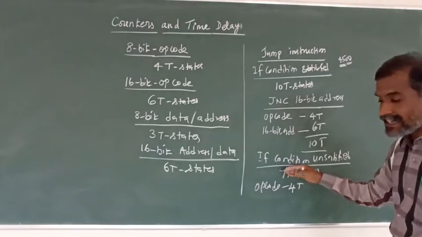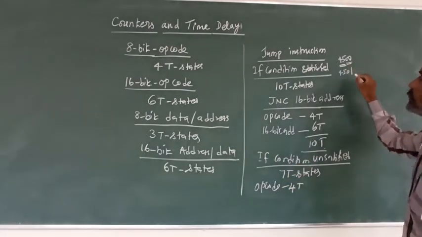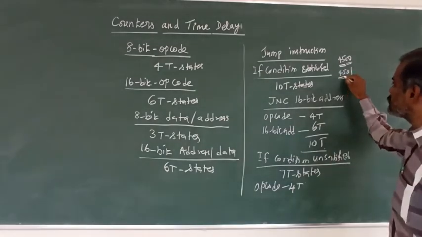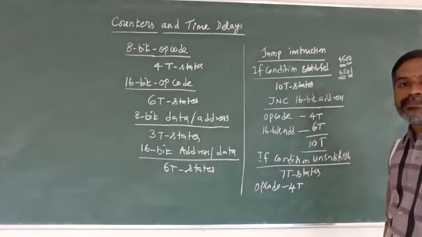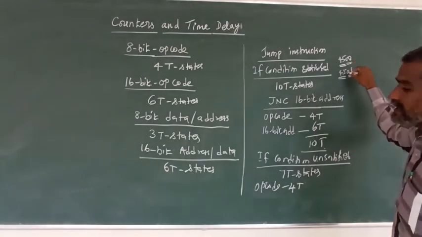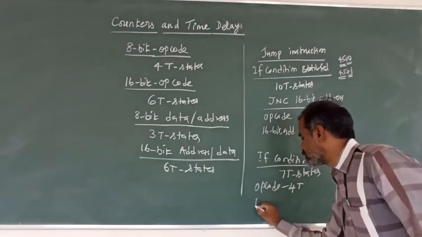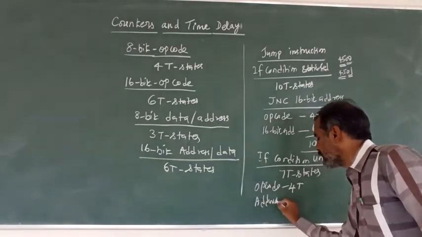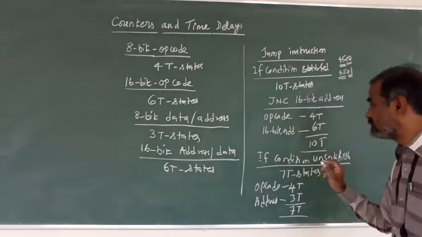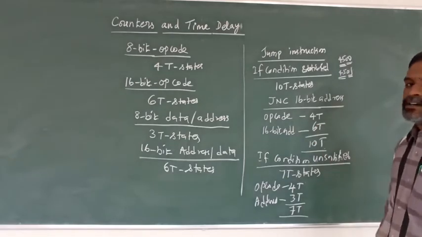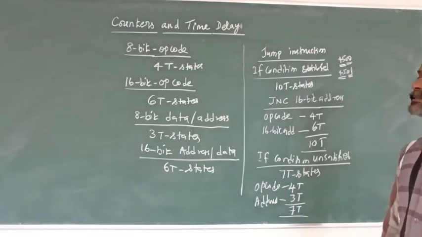Now to execute the next address location, suppose 4501. The MSB address will be the same, but only the LSB 8-bit address changes. Changing an 8-bit address requires 3 T states. Total 7 T states required. This is the T states required for that particular instruction.